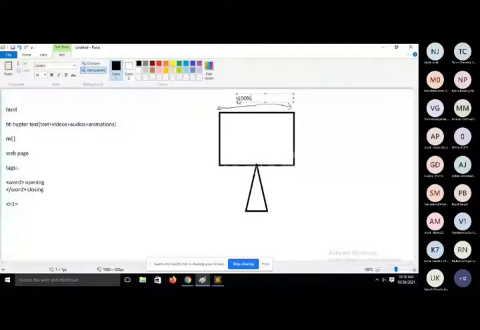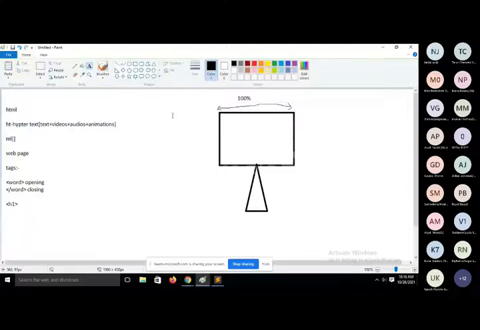First one is percentage, second one is pixel. If we want to use 100% width of your screen, then we will use percentage. So the maximum size of your screen is 100%. Fine. Or when you look at any screen, you can see that each and every screen contains some dots.